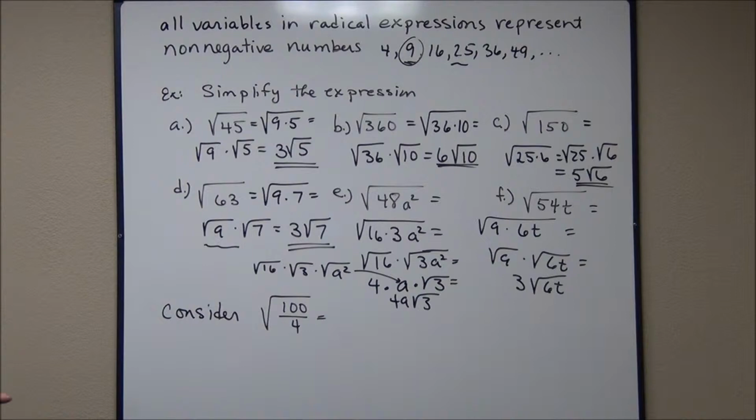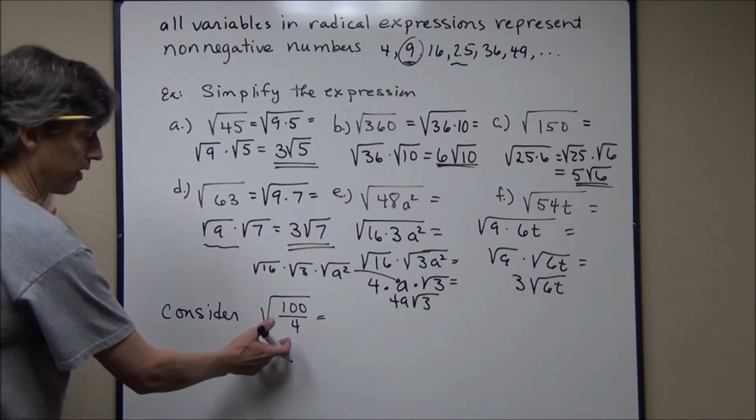Now I mentioned in the second rule, you can't have a fraction underneath the square root sign. You can't have a square root in the denominator. But what I'm going to show you here is another property that we can use to help us to simplify. Now this expression right here,